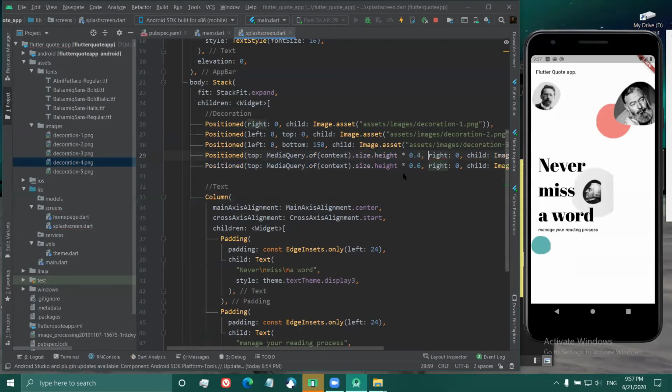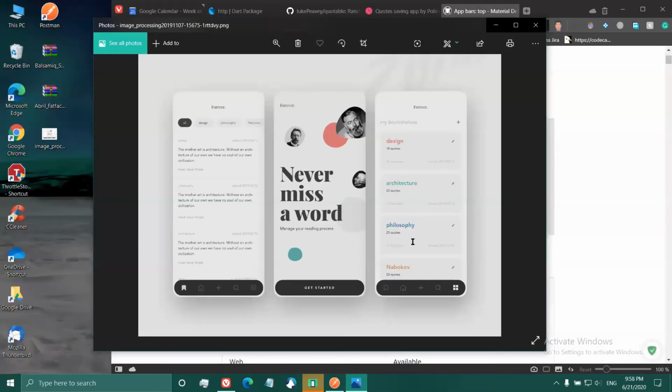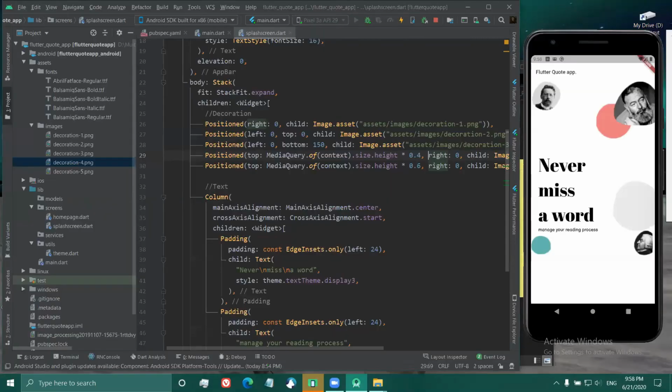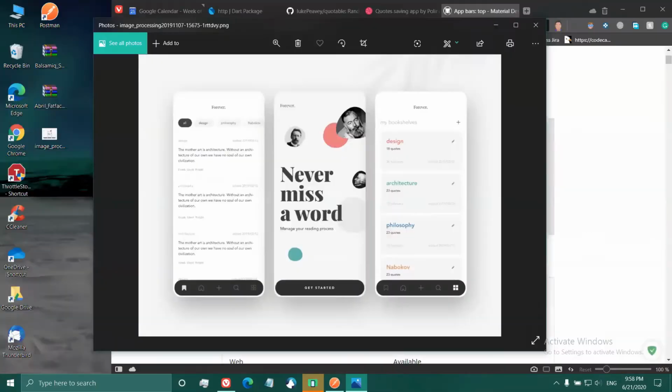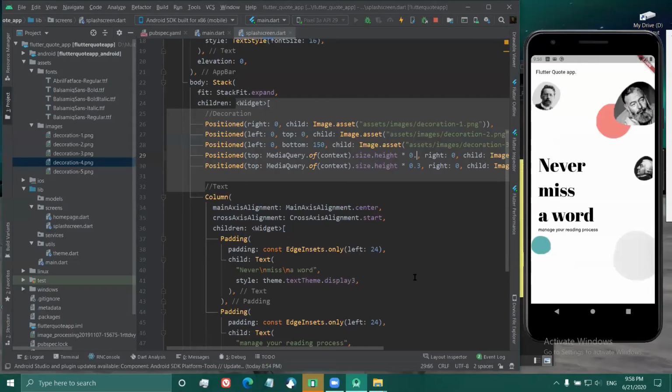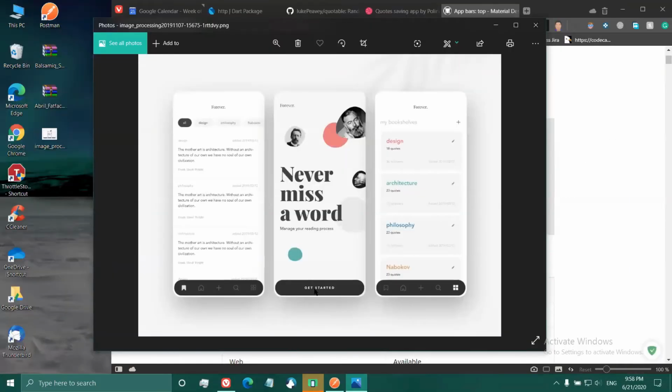That's okay, I guess. 0.6, 1.5 is better. So it kind of looks like this. Now what we'll need to do is define a kind of circular button which will show Get